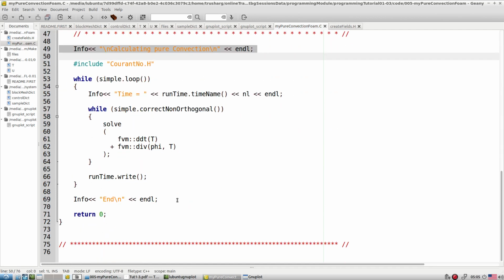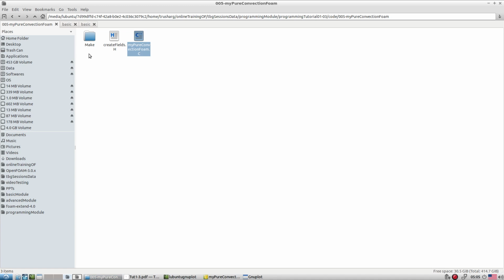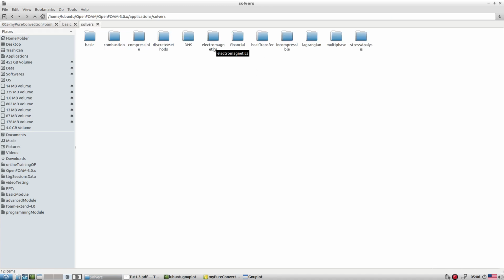If required, add a few lines from other solvers available in the release version, like icoFoam, simpleFoam, pisoFoam, pimpleFoam, whatever you want. Based on that, one can quickly adapt the simulations.